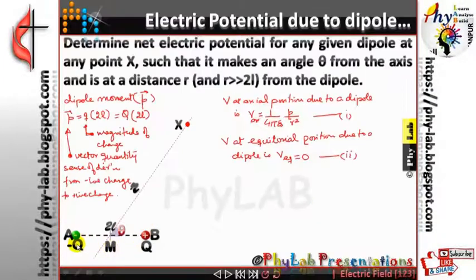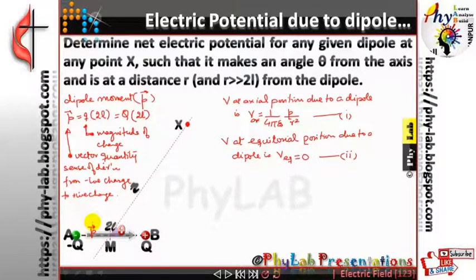So friends, here you can see I have a dipole whose negative charge, minus q, is situated at position A and whose positive charge, plus q, is situated at position B. The distance between them is 2L. Can you see this distance? That is given as 2L. M happens to be the midpoint. So its dipole moment P will be directed from the negative charge to the positive charge. So friends, this happens to be the dipole moment P of this particular dipole.